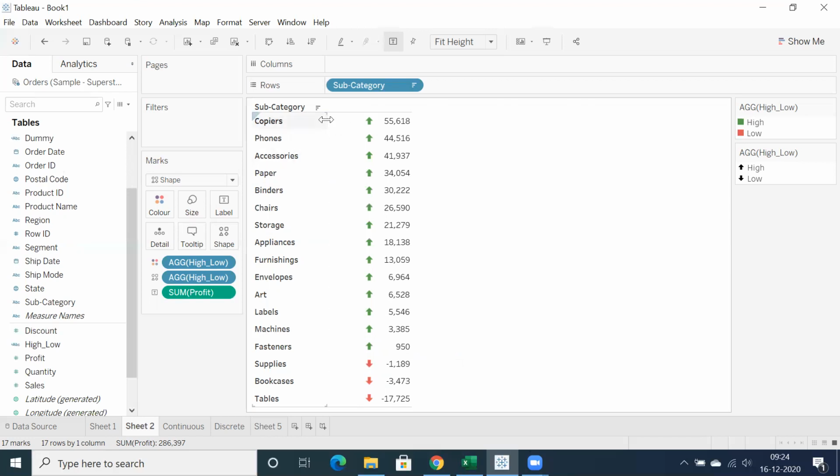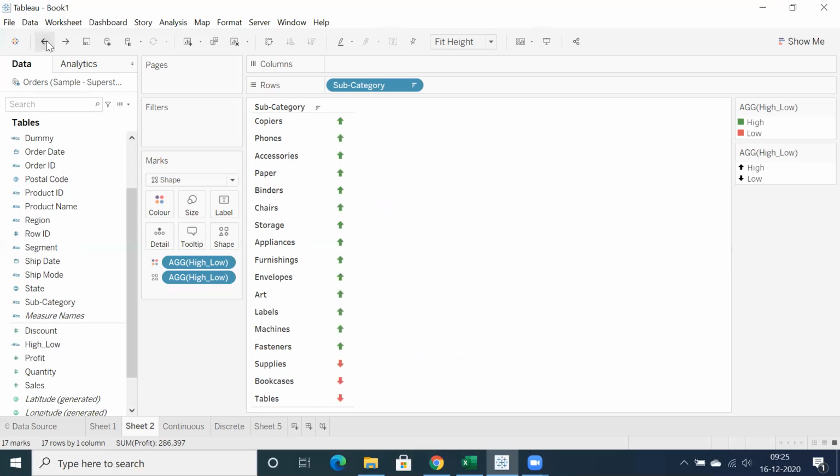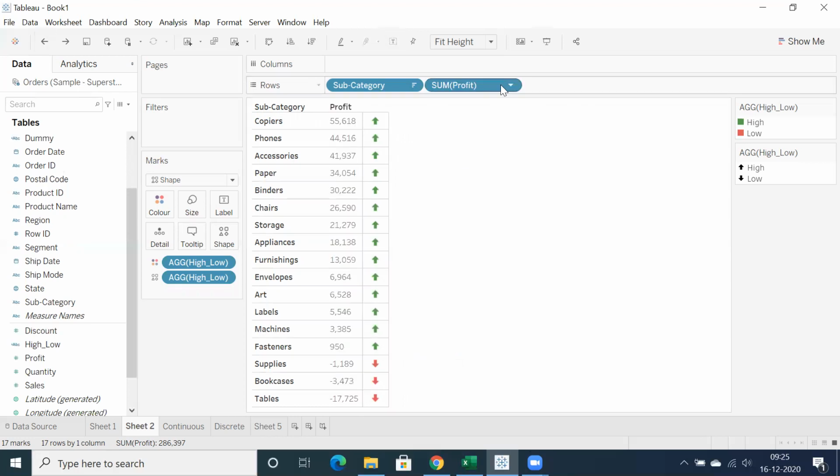You can see from here, you are wasting almost half of the column space. Sometimes they will ask, why don't you reduce the space? It is not possible to reduce the space. That is the reason why, if you want to showcase this indicator separately, you can prefer discrete. Convert this profit into discrete. You have a separate column for profit and a separate space for these shapes as well. Okay, you can resize. This is a separate column.